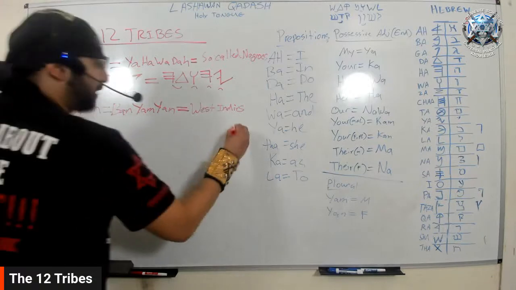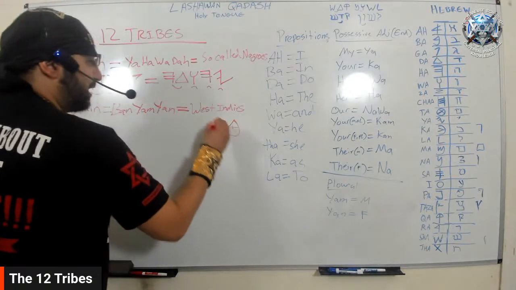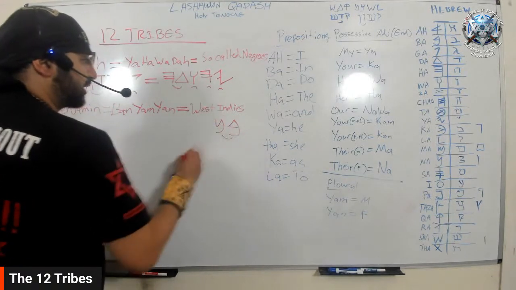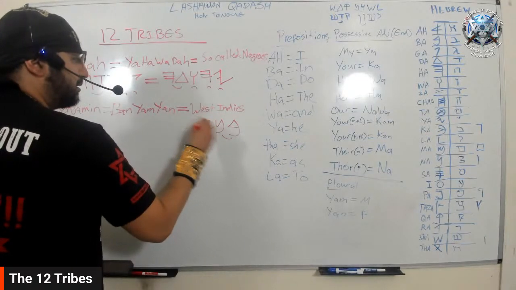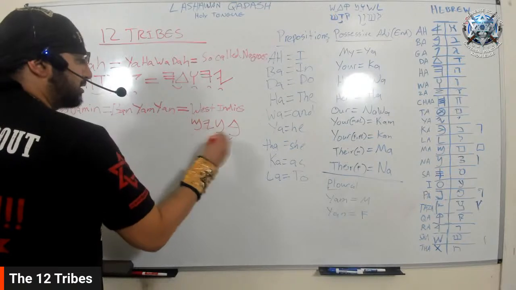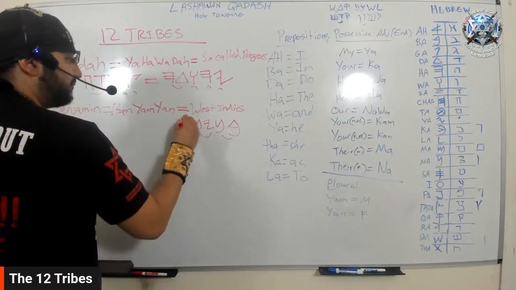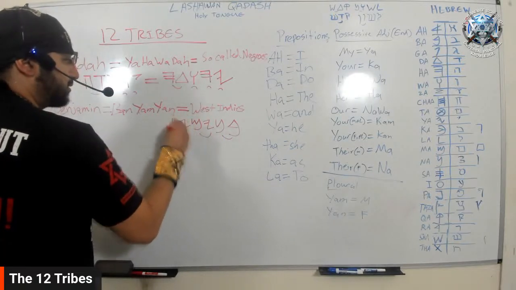And so, when you're writing this down in the ancient Hebrew, you have Ba, Na, these are put together. Then you have Ya, and then Ma. So Ban, Yam, Yan, just like that.